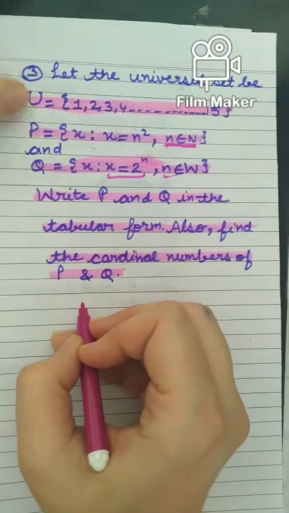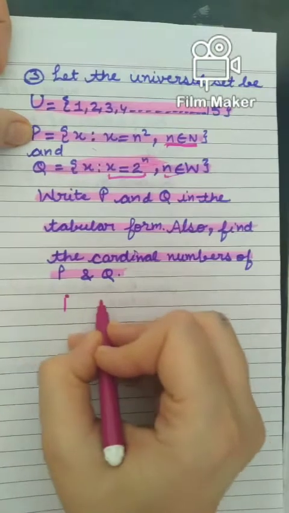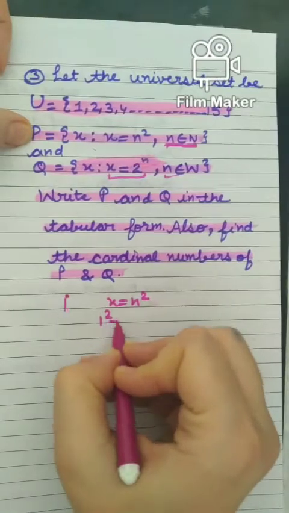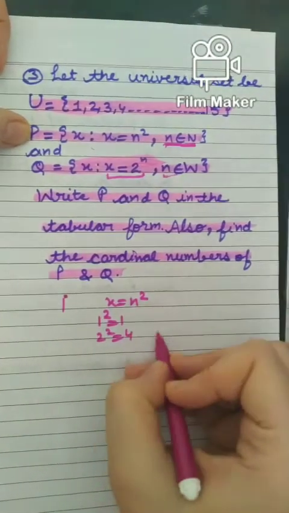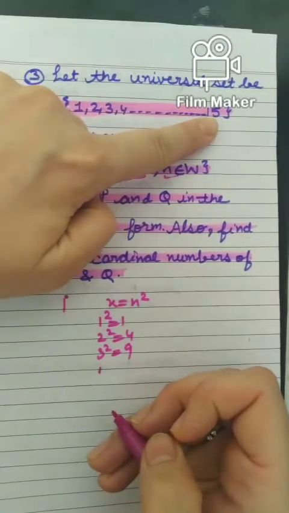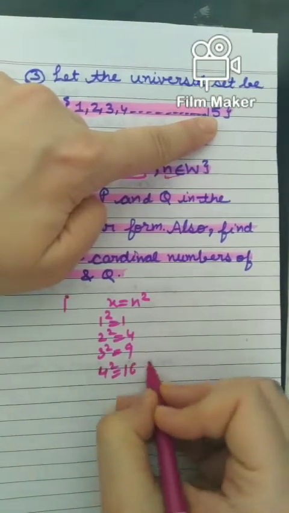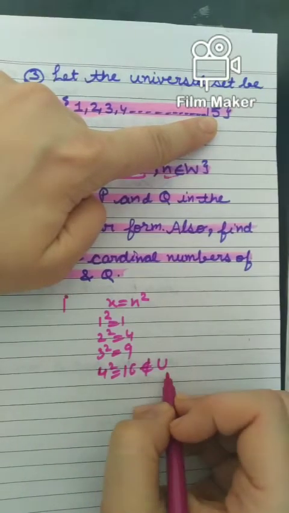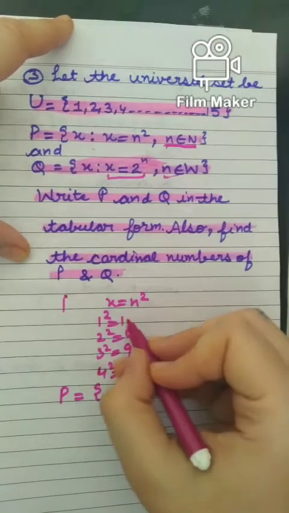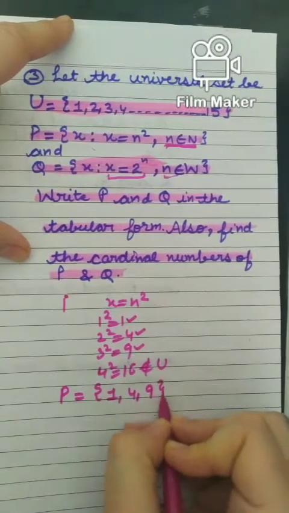Beta, first the universal set is this, right? I am going to find P. In P we have what type of elements? In P I have x is equal to n square, natural numbers. So 1 square is 1, 2 square is 2 into 2, 4, 3 square is 3 into 3, 9, 4 square is 16. It is not in the universal set, na? In the universal set, till 15 only elements are there. So this does not belong to it, so I will not take this element. So in P, what elements are there? This 1, 4 and 9. So these 1, 4 and 9 make the set P, right?